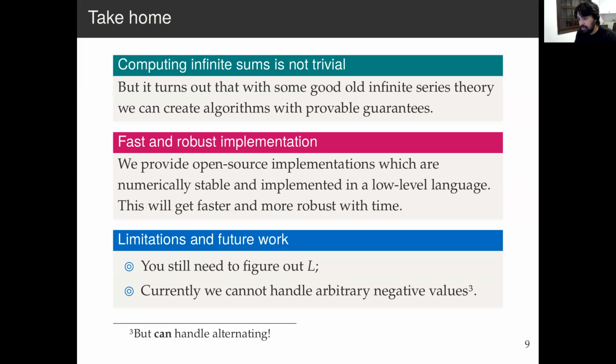And as limitations of our approach so far and future work, I've already mentioned that you need to compute L. So you need to know what L is, and sometimes that's a difficult limit to compute. Certainly much easier to compute than the actual infinite sum, but still something that we could possibly work on. And we can't at the moment handle arbitrary negative values, but we can, and we do, handle alternating series. So if you have an alternating series, like the series representation for sine of x,